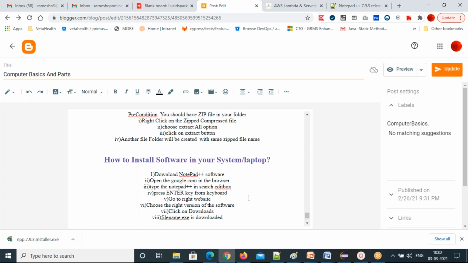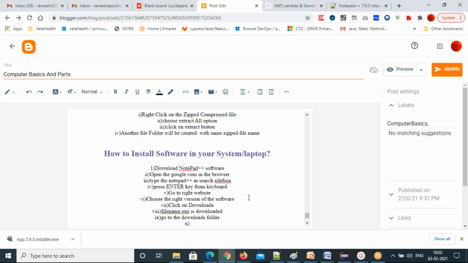So open it: go to the downloads folder and double click on it. The application is the exe file. Application file means .exe file.